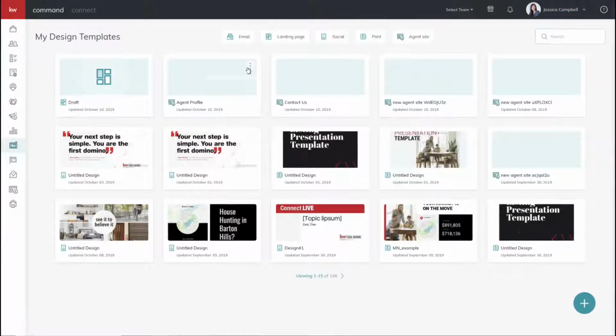So if this is something that you want to update, I actually would just click through it here in your template library, and then you can do a save as. When you click through, you can save the name in the upper corner when you're working on that. So if we're in this document,